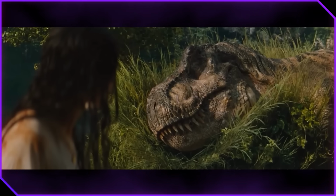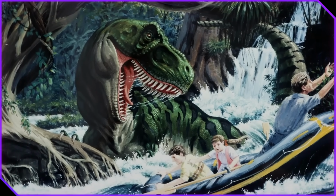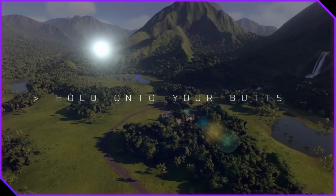T-Rex. Jurassic World Rebirth has gone ahead and blown everyone away with its T-Rex river raft scene. But do you actually know how the original attack from the Jurassic Park book went down? My friends, this is Jacob, and we're going to delve deep into everything you need to know about the iconic